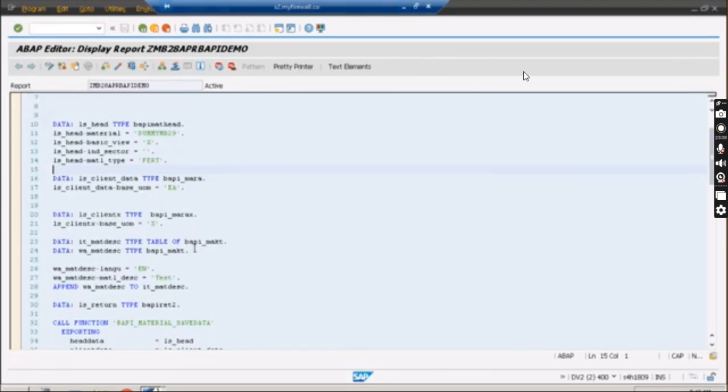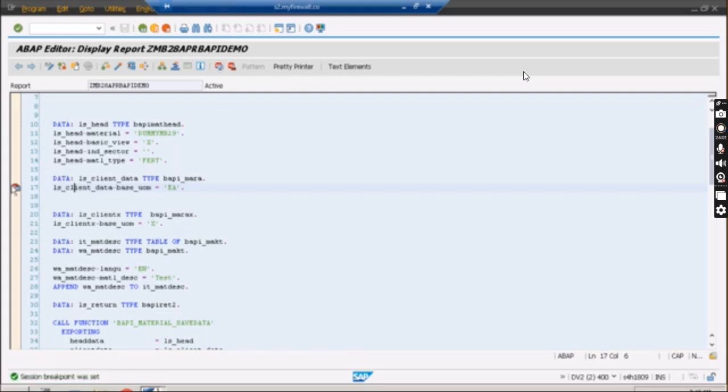Fine. Now again come back over here. Because the program I'm going to call is in the same system itself, because I have to debug, I'm going to put this particular session breakpoint. You can put the session breakpoint in 2 ways, even 3 ways. One, you can put the cursor over there and click on this button.